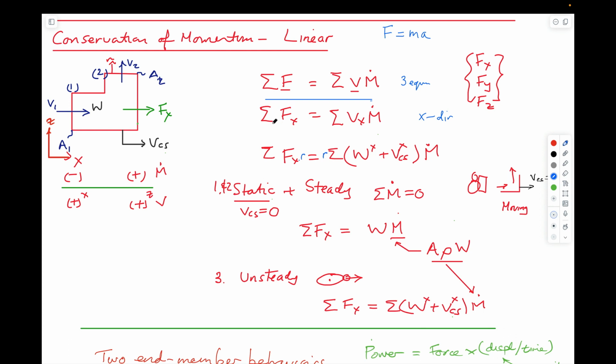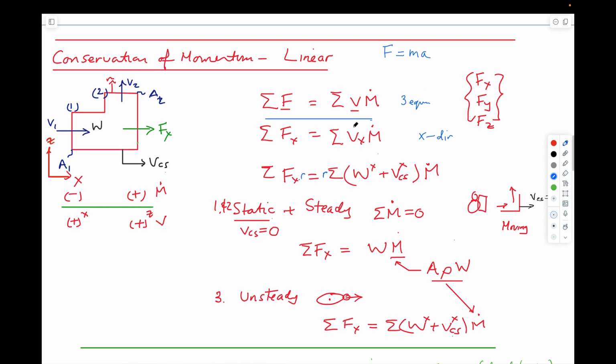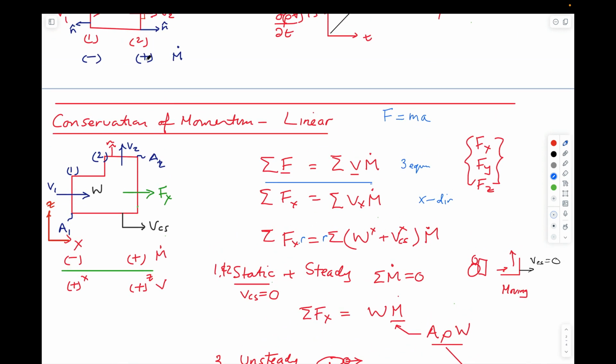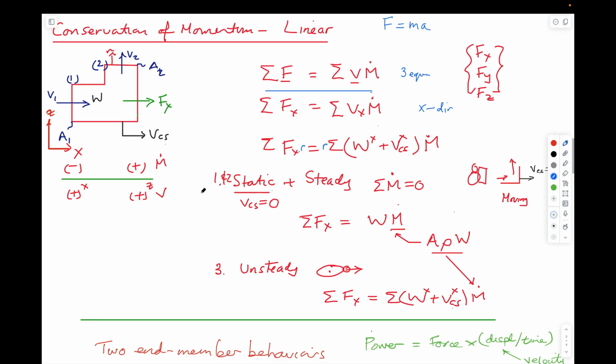So these are in the Cartesian coordinates. This velocity is also a Cartesian coordinate, positive in the positive x direction. And the mass rate of flow conforms to the mass rate in, which is negative, and mass rate out, which is positive in this. And so if you look at the sign convention for these, the sign convention that's applied on the mass rate, if it's out of the system as a velocity,